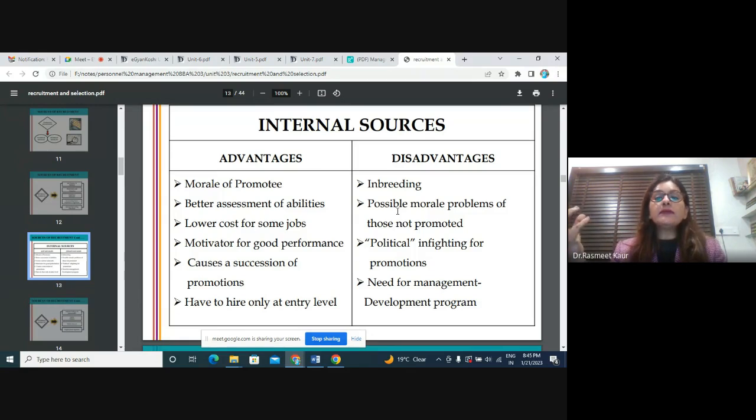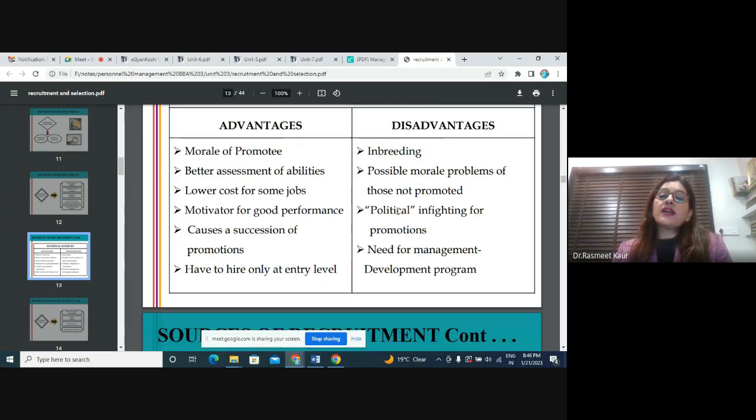Also there are times when the one who's getting promoted would be very happy, and his or her morale might get boosted. But for the one who's not promoted, one disadvantage is that morale problems might exist, their morale is dipping down, and you have to motivate them, and you have to come up with very transparent performance appraisal methods, explaining why a person has been promoted to the higher rank. So these are a few of the advantages and disadvantages.